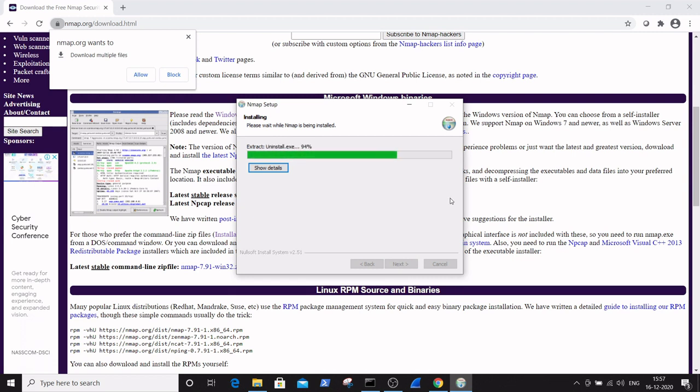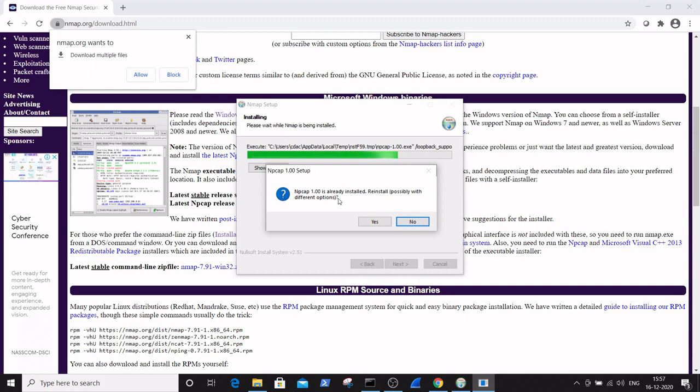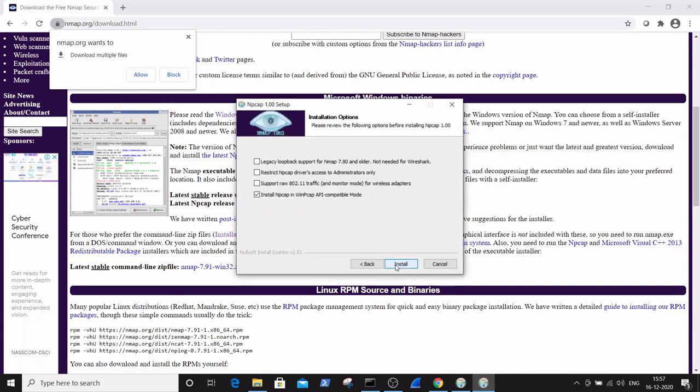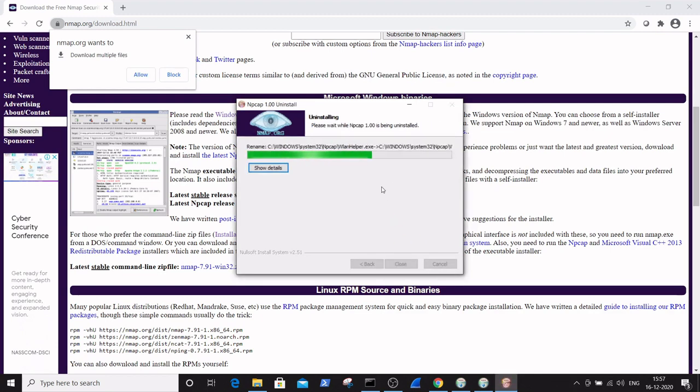So you can see here are the files that are related to the Nmap getting extracted, that support the Nmap tool to run successfully. So here are the installation options. As of now I'm going for the install Npcap in WinPcap API-compatible mode. So just select this and click on install. So here are the configuration files that are getting extracted. As soon as the extraction completes, we will be able to run our Nmap tool. So the process of installation is nothing but the extraction of the supporting files which are needed to support the Nmap. So just click on next, then click on finish,